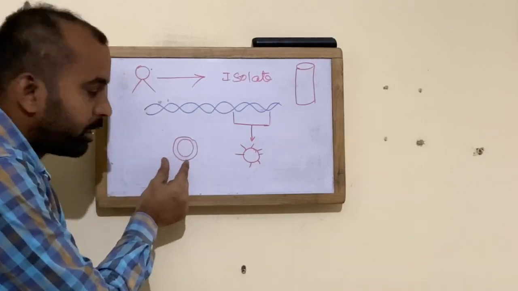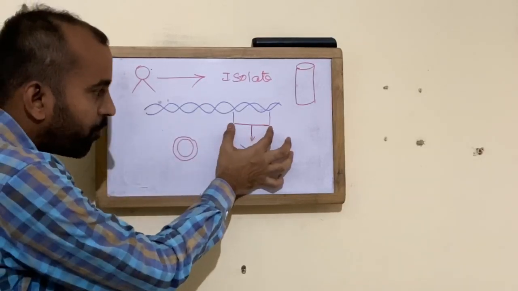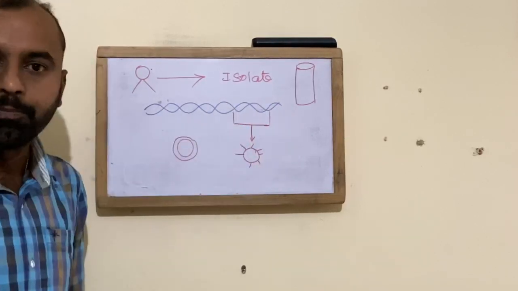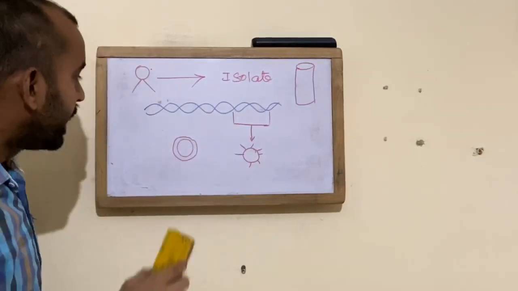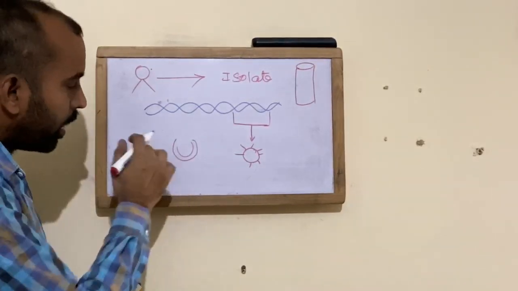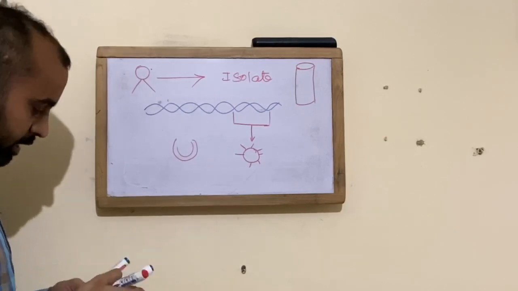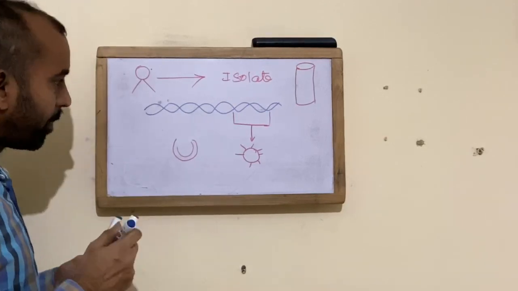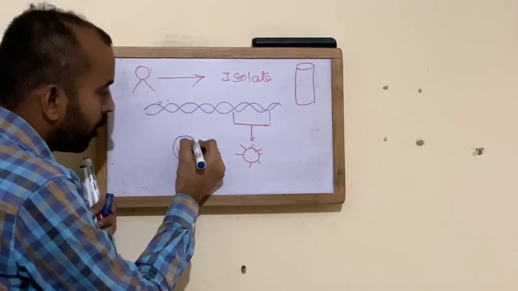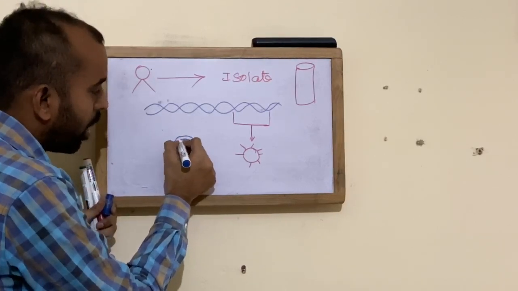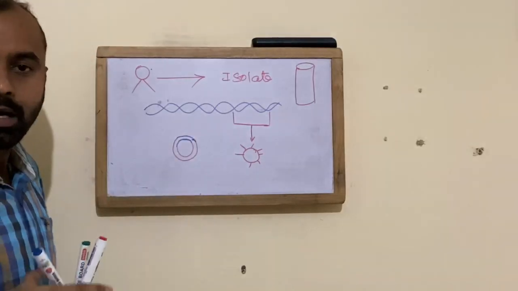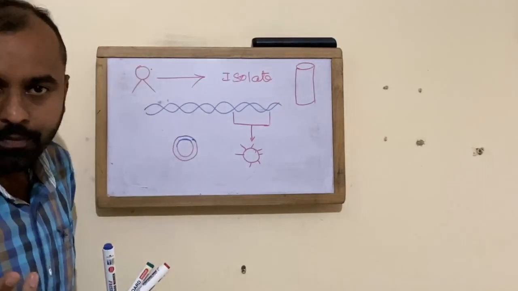Now here is the double stranded DNA, and this portion of gene which you have identified for the surface protein production, you will insert into the plasmid. So let me insert these genes into the plasmid. Now this is my portion which I have included into the plasmid. Now this plasmid acts as a vector.